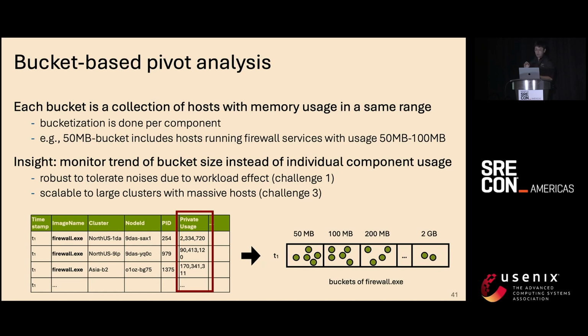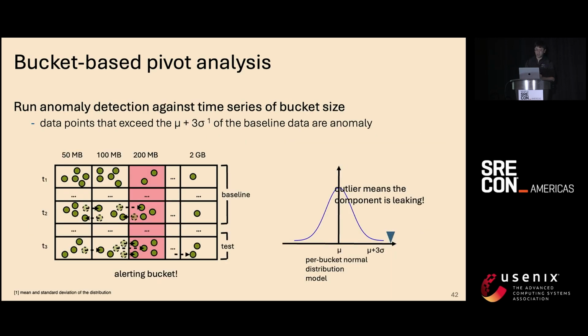The anomaly detection we are doing is kind of a bucket-based pivot analysis. So we break down the host usage for individual components into different buckets, like a 15 megabyte usage, 100 megabyte usage, 200 megabyte usage kind of bucket. And then we count how many hosts in the cloud are falling into those buckets, and we monitor each bucket closely. And then we compare the number of nodes in that bucket with the baseline. If a certain bucket has an anomaly outlier,